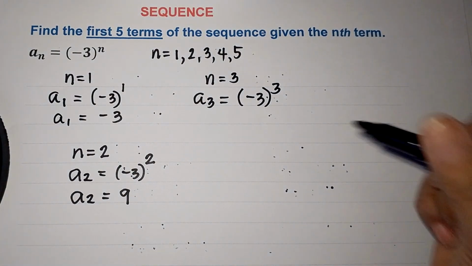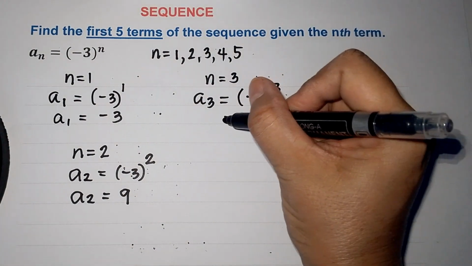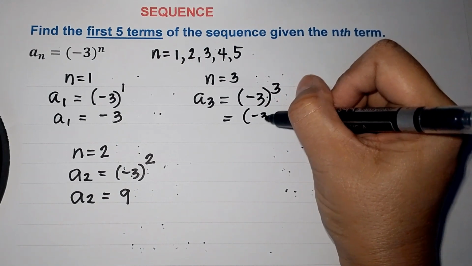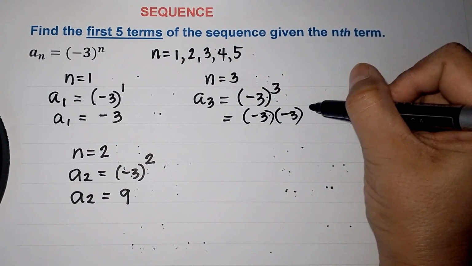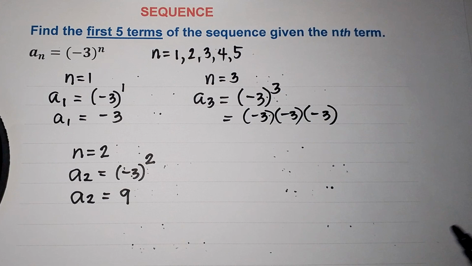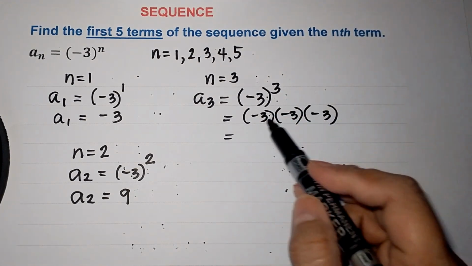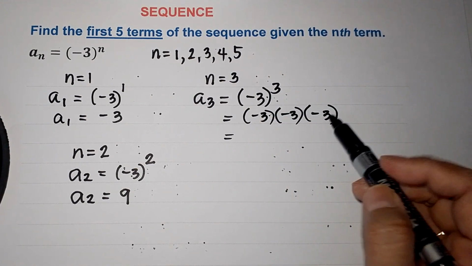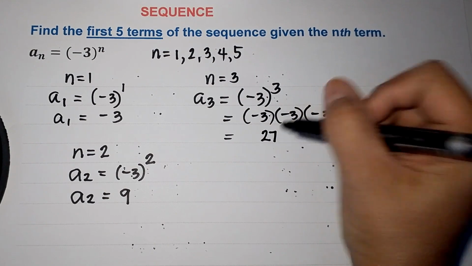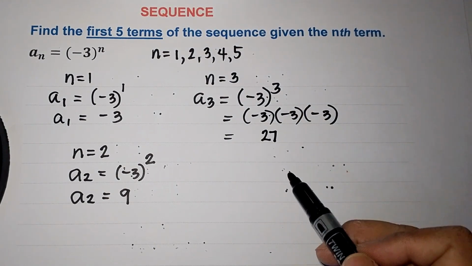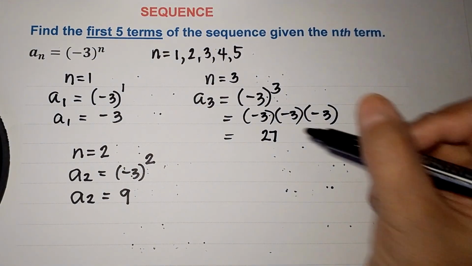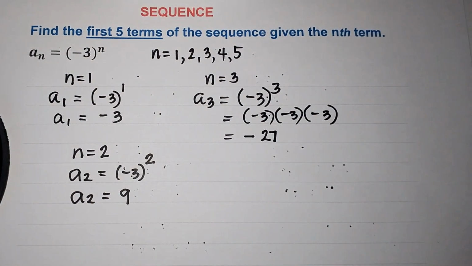For n is equal to 3, a sub 3 equals quantity negative 3 raised to the third power. Negative 3 raised to the third power is negative 3 times negative 3 times negative 3. 3 times 3 is 9, times 3 is 27. Negative times negative is positive, times negative. Final answer is negative 27. Next,